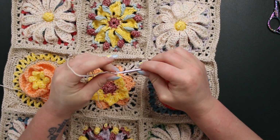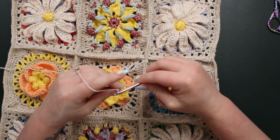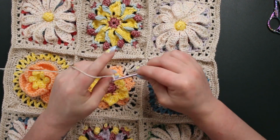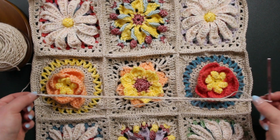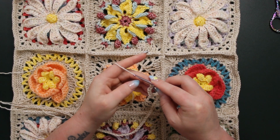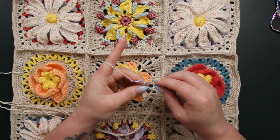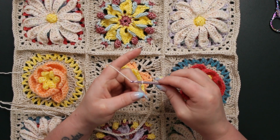So we need to make a chain that will stretch to reach the length of our front panel. If you make the chain the same amount as stitches that you have, then it's going to be too long. So we just need it to stretch to be long enough. So I did a chain of 60 and then plus 3